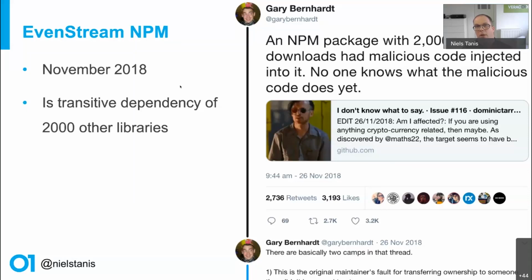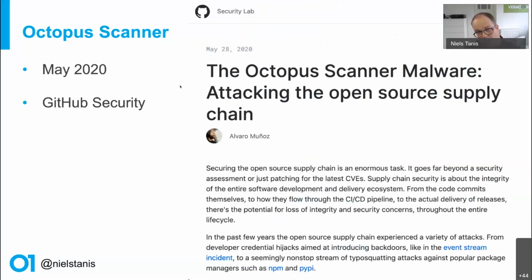So in this case, if you see how many downloads it counts, that's a lot, right? And if you see the reach that that package has, it's quite significant. But in this case, somebody was joining that team and misusing the trust as an owner to release a package, right? That's one step. If we then look into something that happened 2 weeks ago, which was published by GitHub,